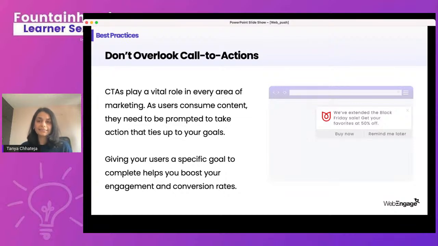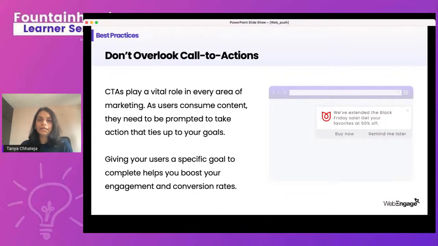Now, why CTAs are important is because when your message or your rich media fails to convey the end action you want your users to take, that is where CTAs play an important role. What CTAs do is give your users a sense of the end action that you're asking them to do.